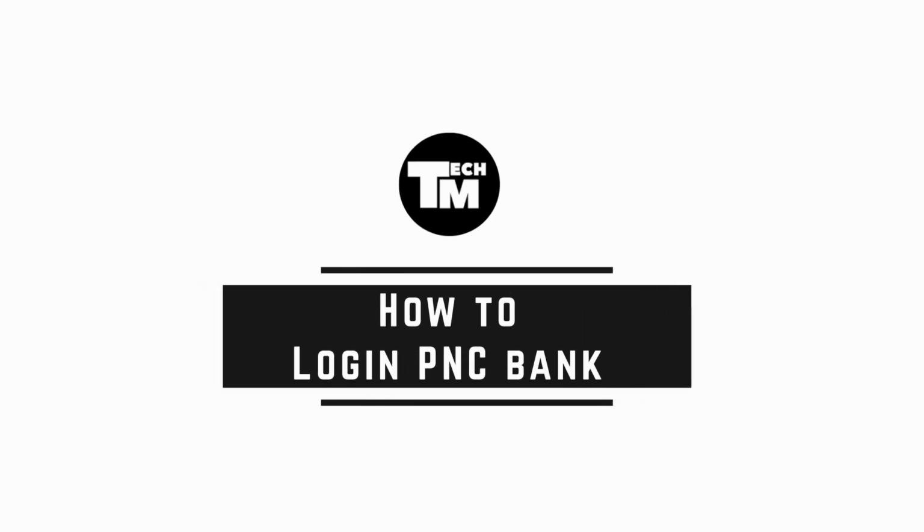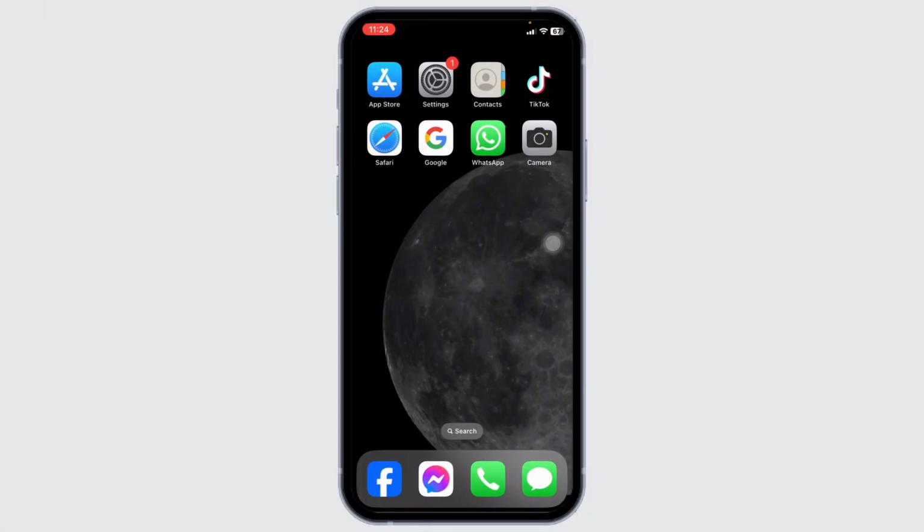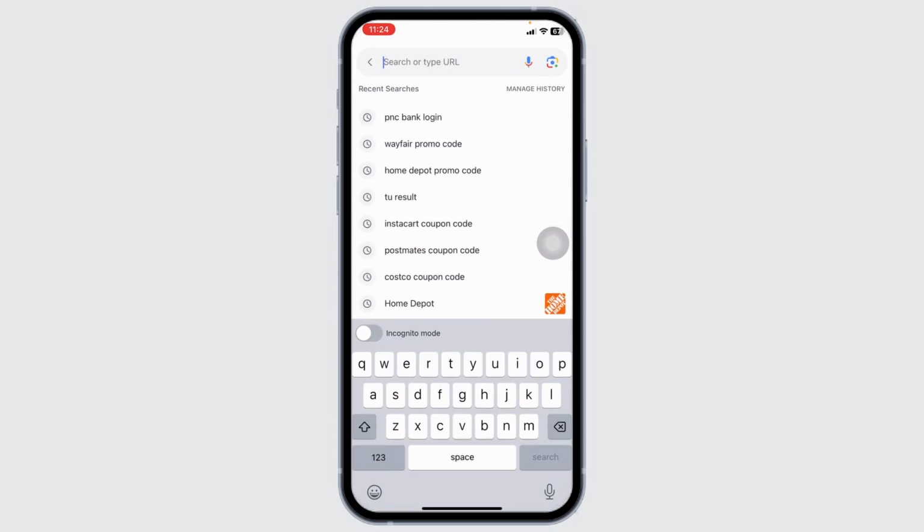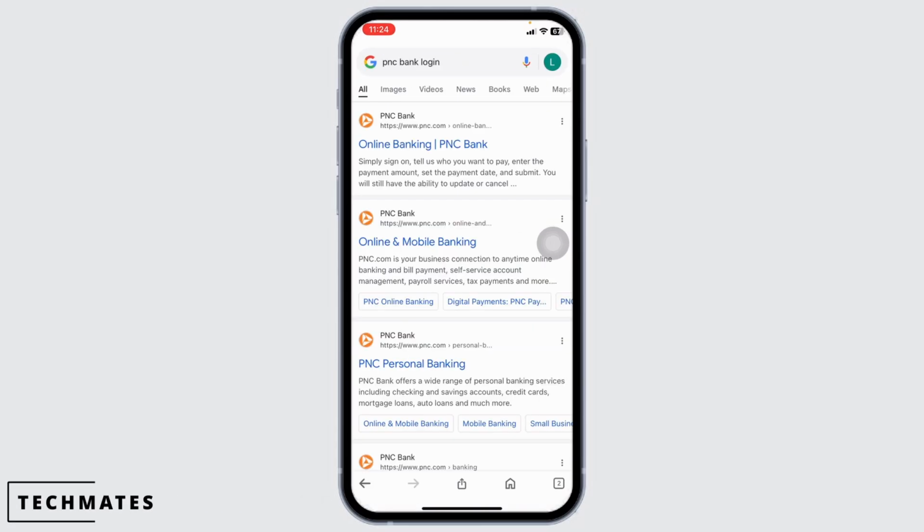How to log into PNC Bank account. Let's get started. Launch your preferred browser. Over here, you're going to find the search box. Type in PNC Bank login and search for it. Different website links will appear. Navigate to this one website option,